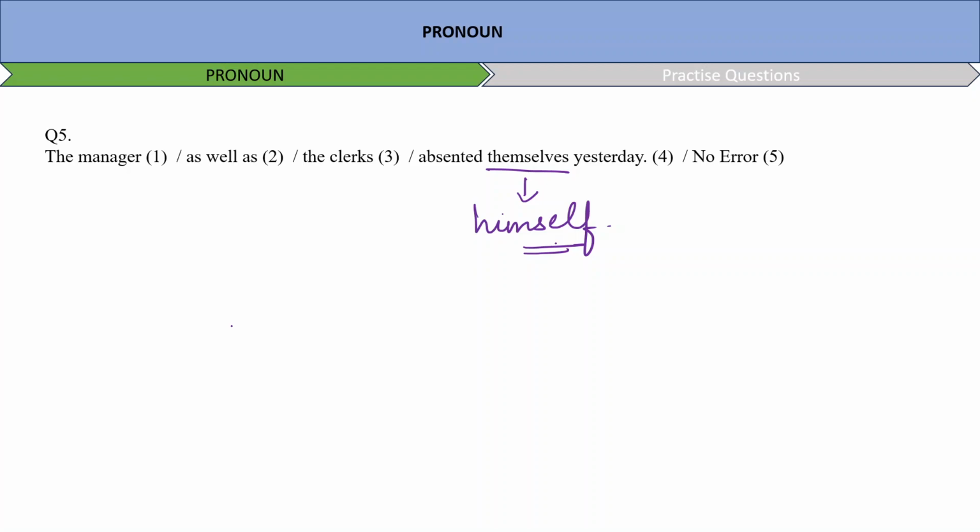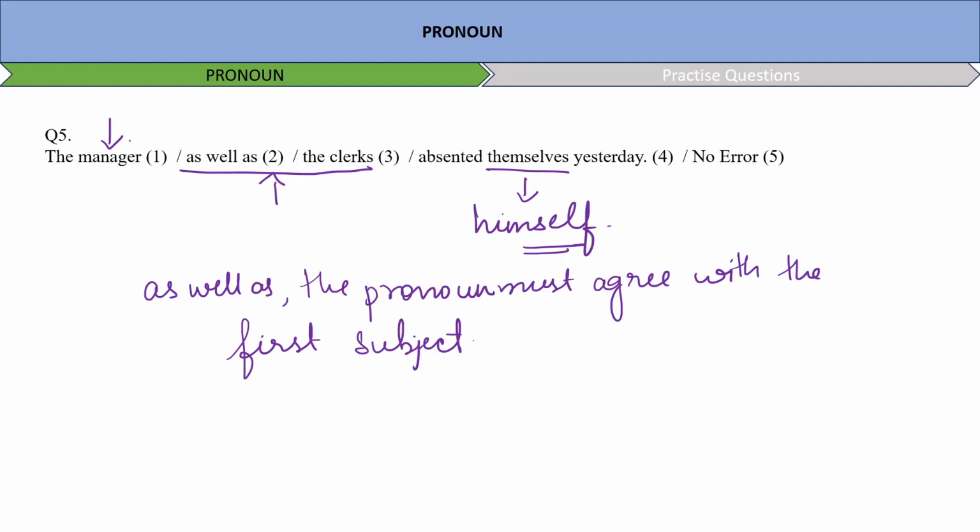Why? Because this is just extra information which is mentioned here. Actually, we want to say the manager absented himself yesterday. So the basic idea is that I want to tell about the manager, but I'm just providing some extra information by using a connector as well as and using other subjects also. So in this case, the first subject is manager. The correct pronoun should be himself and not themselves. Clear? Next question. Every boy and every girl will do his best to